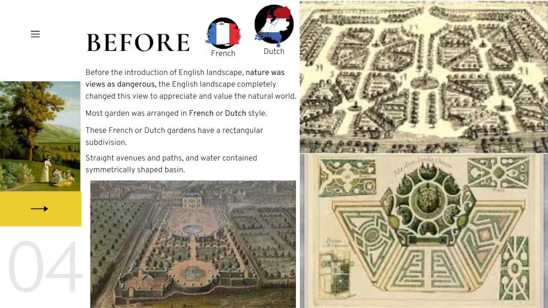The Dutch style has rectangular subdivisions, straight avenues and paths, and water features containing symmetrically shaped basins. Okay,